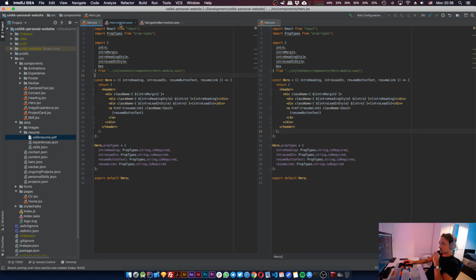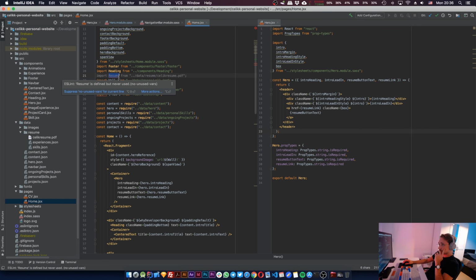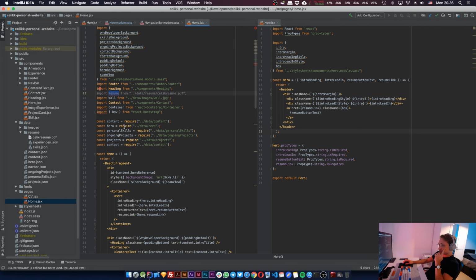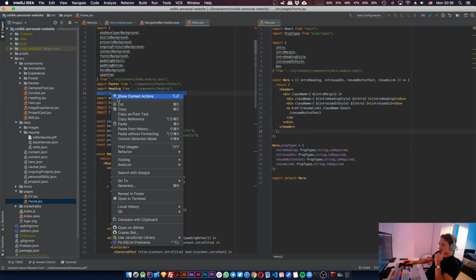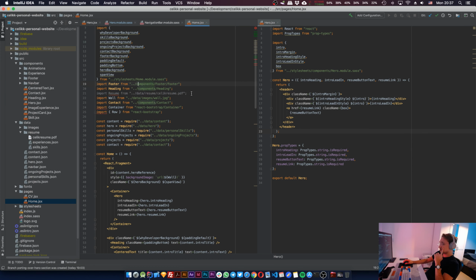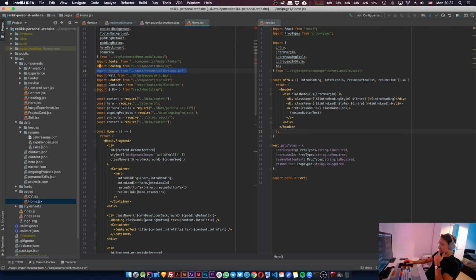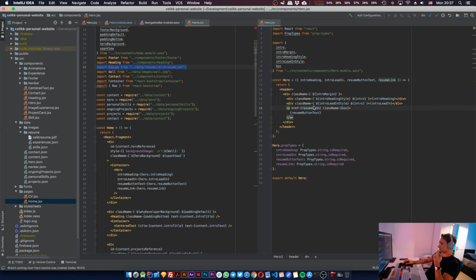So we already have it in home.jsx in here, but it's not used. How do we? Well, okay, we don't need. We do need it in there. Do we need it in here? Probably, because it's a file, and I don't know how you serve files, but resume link should